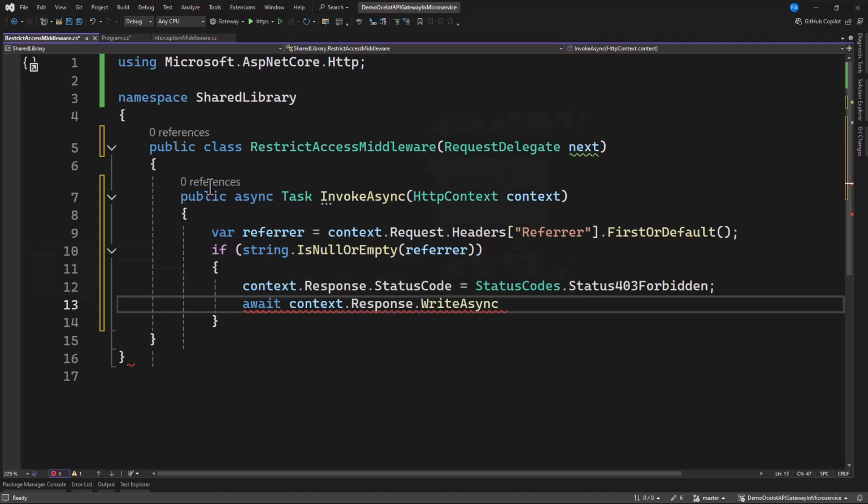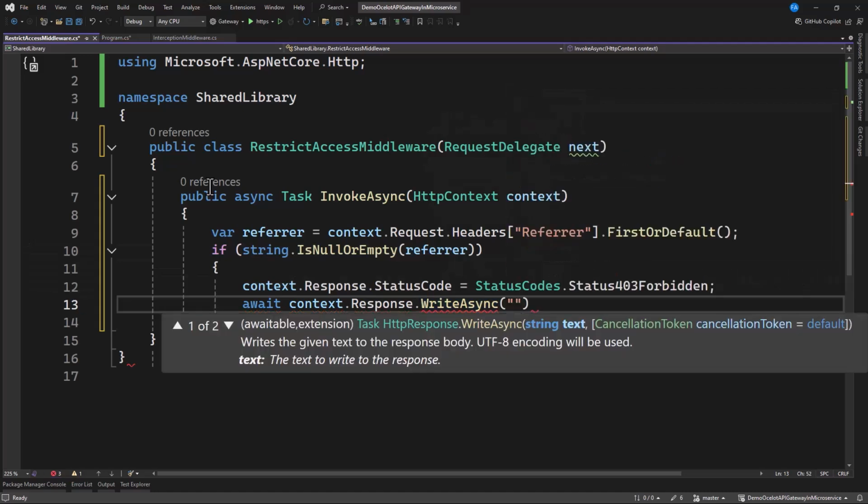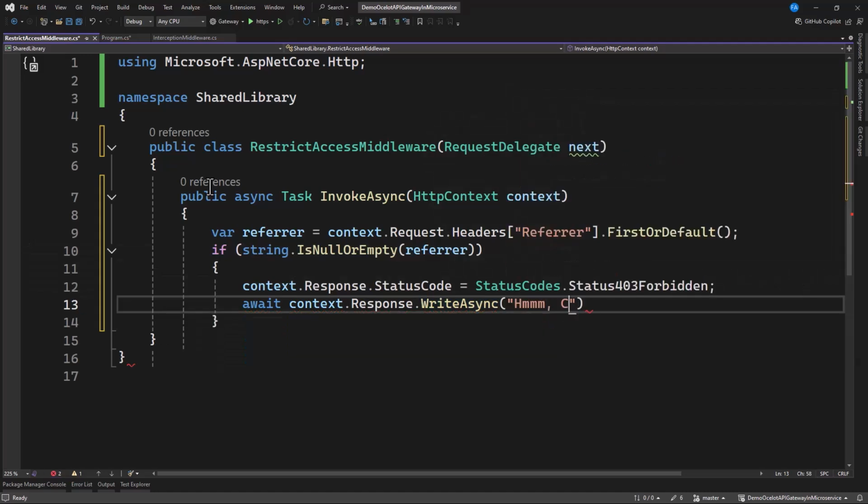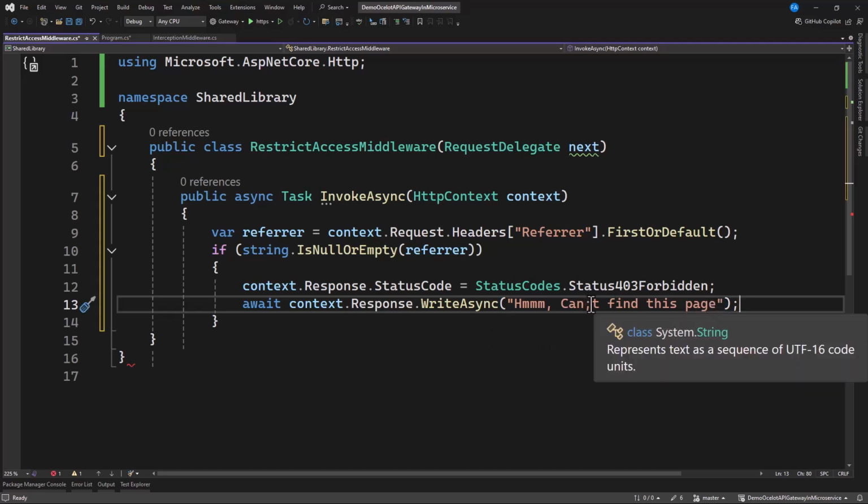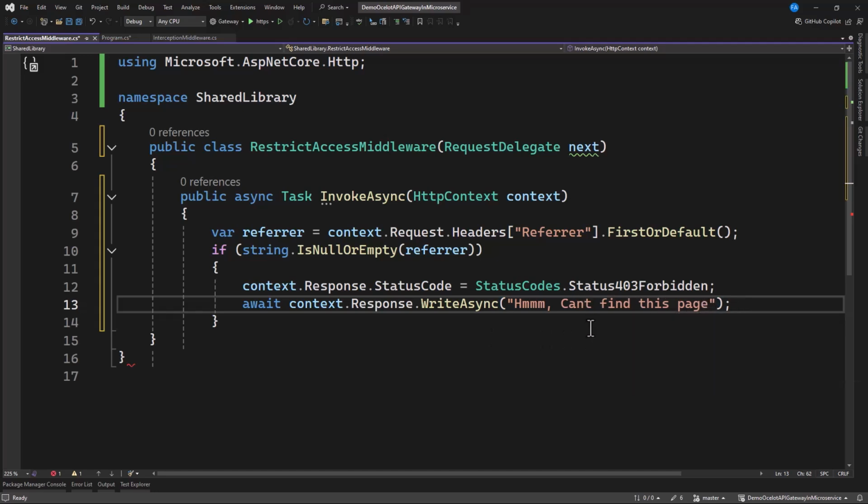Let's give the user some message, maybe something like can't reach this page, or unauthorized, whatever you want to give. Okay, so I want to display can't reach this page, or you're not authorized.